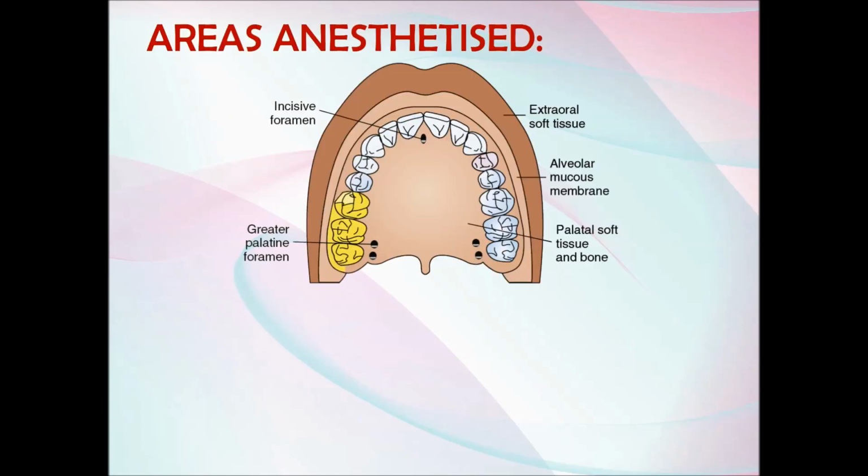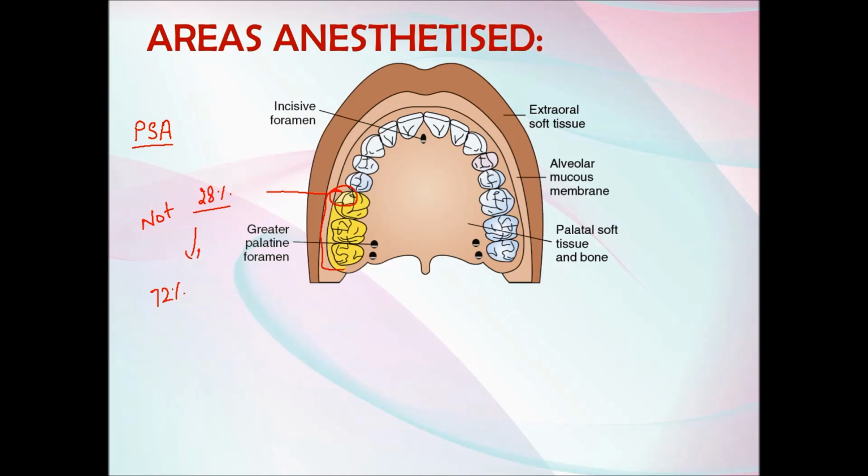So, the first and foremost we need to know what area the posterior superior alveolar nerve supplies, so that when we give a block, all these areas will be anesthetized. The first one is the pulps of the maxillary first, second and the third molars, excluding the mesiobuccal root of the first molar. In 28% of the patients, this is not anesthetized. Other than that, in 72% of the patients, yes, it is anesthetized and you need not give another block.